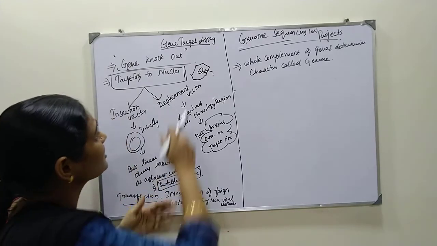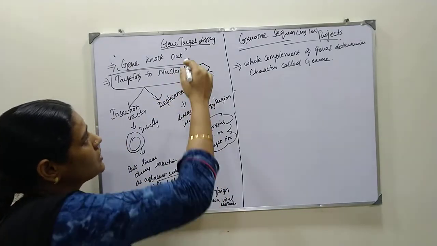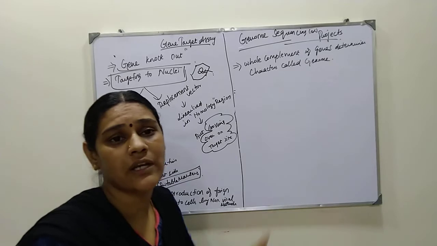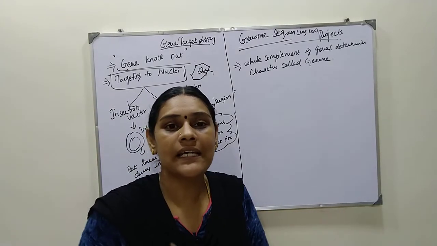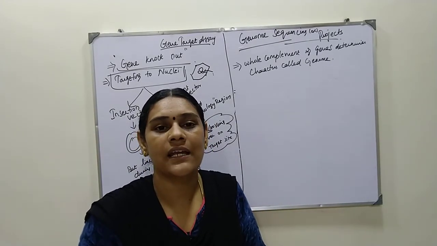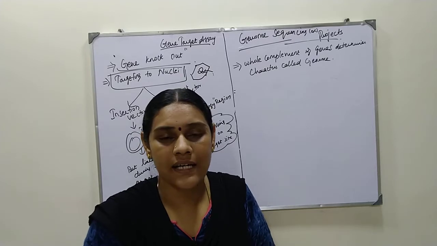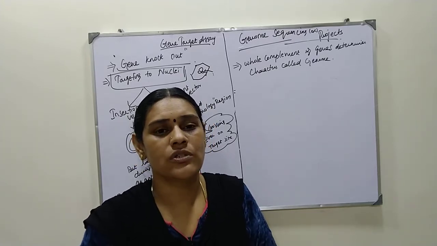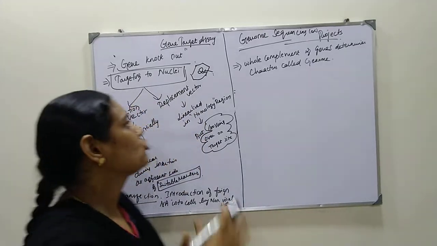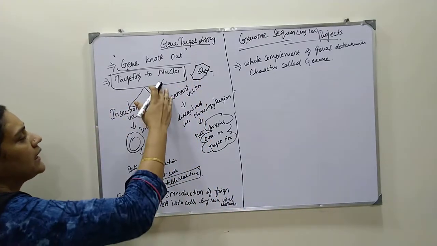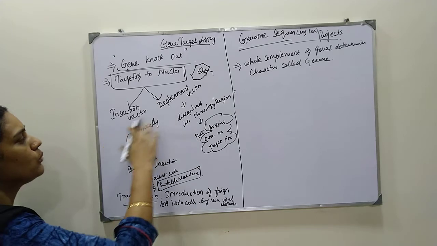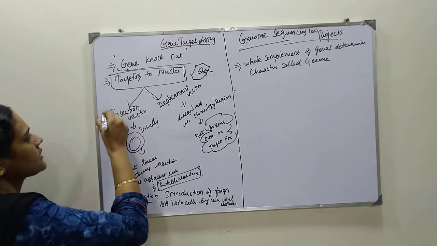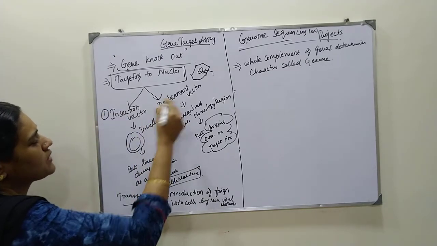So in this gene target assay, the gene which is going to reach the target place is also called DNA of interest or the DNA insert or the desired DNA or the foreign DNA, exogenous DNA, desired gene. So these different names are there. This target gene enters into the nuclei by two ways: one is an insertion vector, next one is a replacement vector.